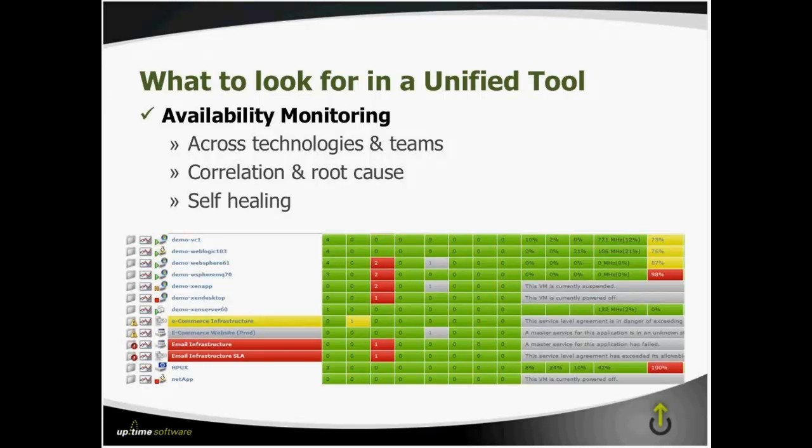So using our website example that I've spoken to a few times, a website is very, very complicated. You may have front-end servers, authentication servers, mid-tier servers, database servers, and then the virtualization stack that's actually hosting all of those pieces. You want to provide a monitoring tool that is able to look at all the different components that make up that application stack, and in the event of an outage, be able to instantly correlate where that outage is actually coming from, identify the root cause, and filter out different alerts and messages